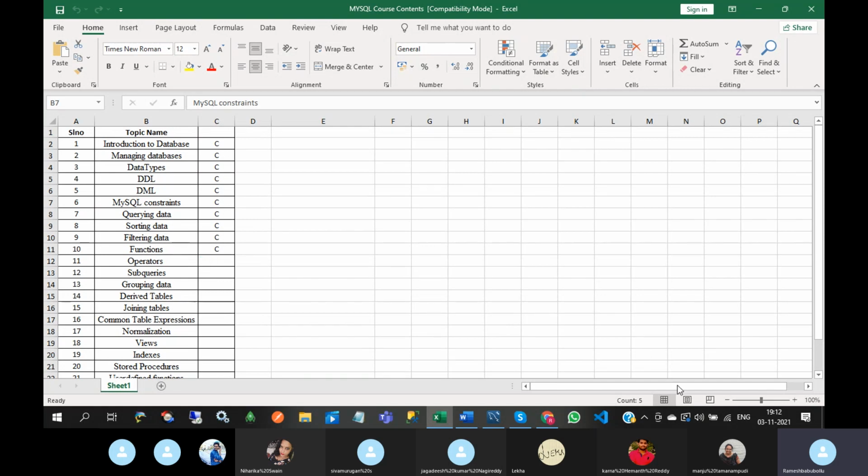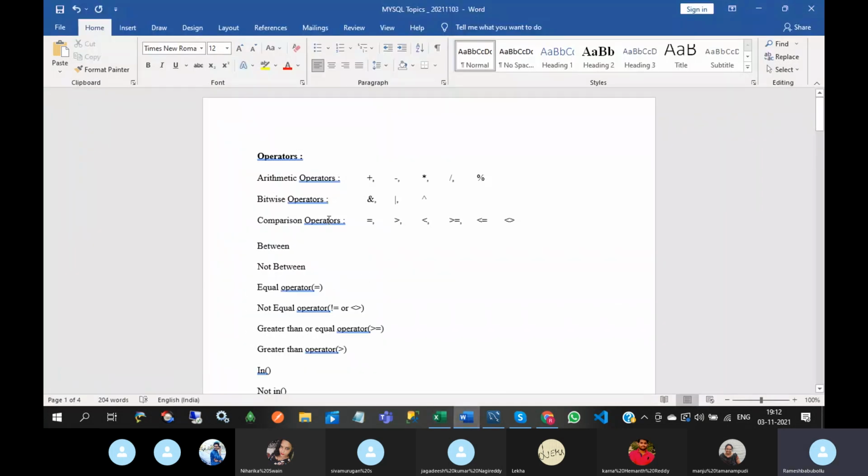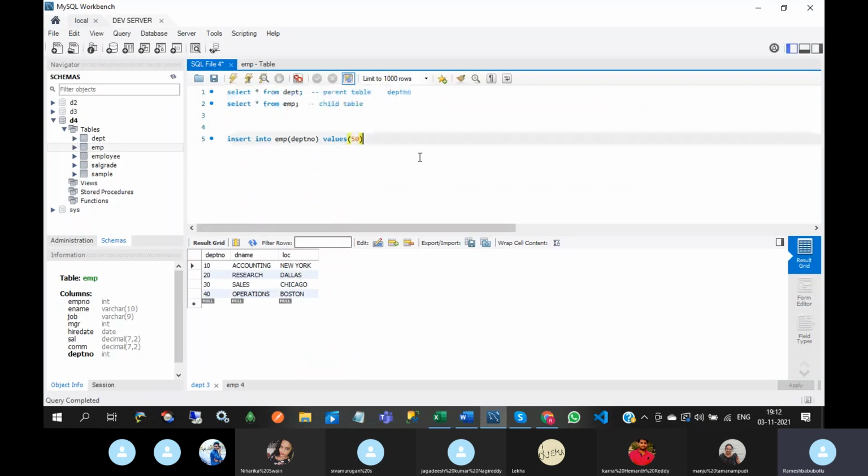Okay, we will go for another concept, operators. What are the different types of operators available in SQL? I think all of you know these, but we will go step by step. So, arithmetic operators.